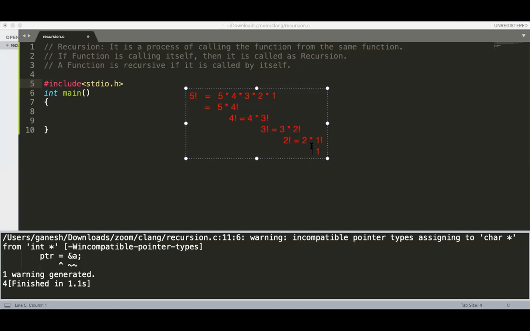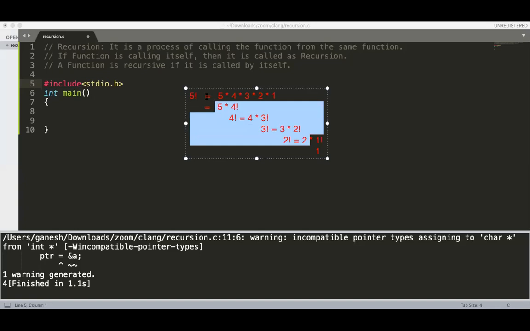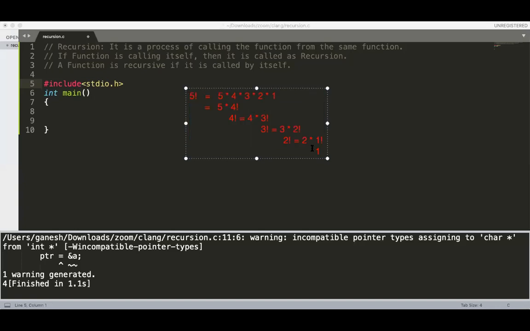But what happens if my input is 2, 3, 4, 5, 6, 7, 8, 9, 10, anything other than 0 and 1? If I receive the input, then what do I have to return? Can I make the general formula here? Fact of n is 1 if n is equal to 1 or 0.